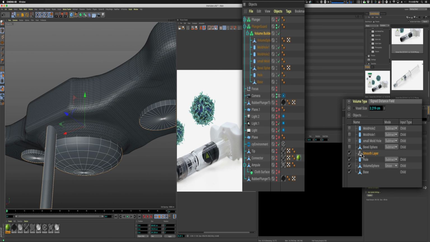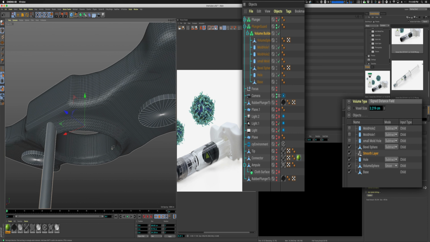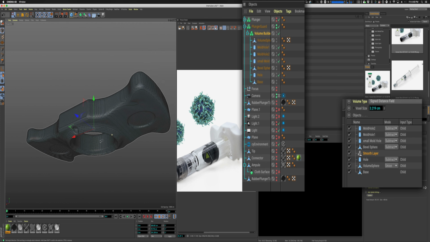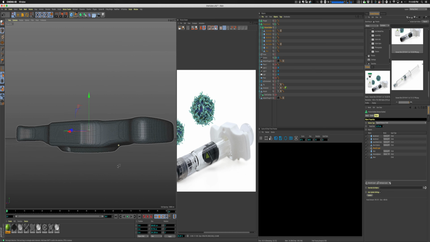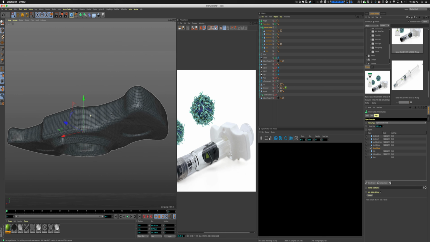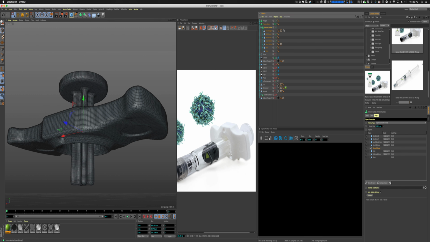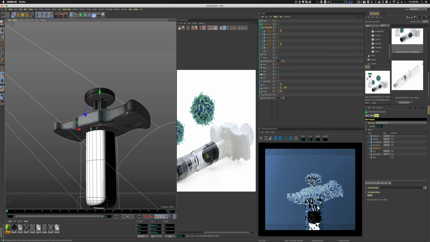Let me turn the smooth layer on here. Then I've got this bevel sphere, which then cuts this little bevel out of this volume. And then just for fun, I put in the little mold pieces just to make it look that much more realistic. Just, you know, because why not? So there's the plunger again, and let's go turn these things back on. So here's my entire